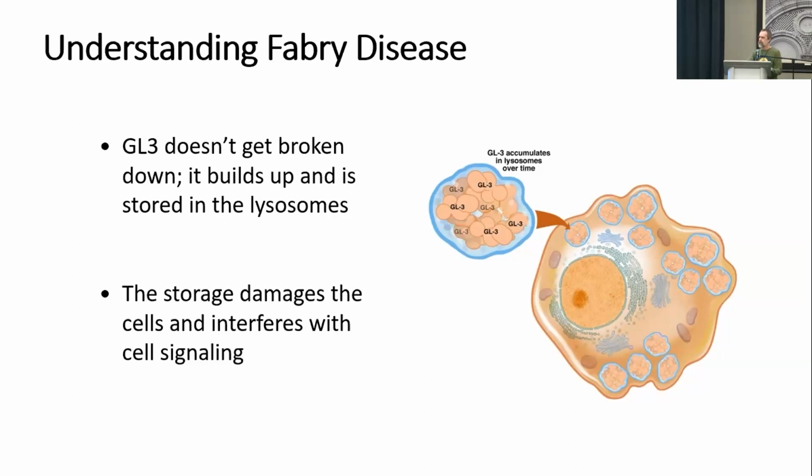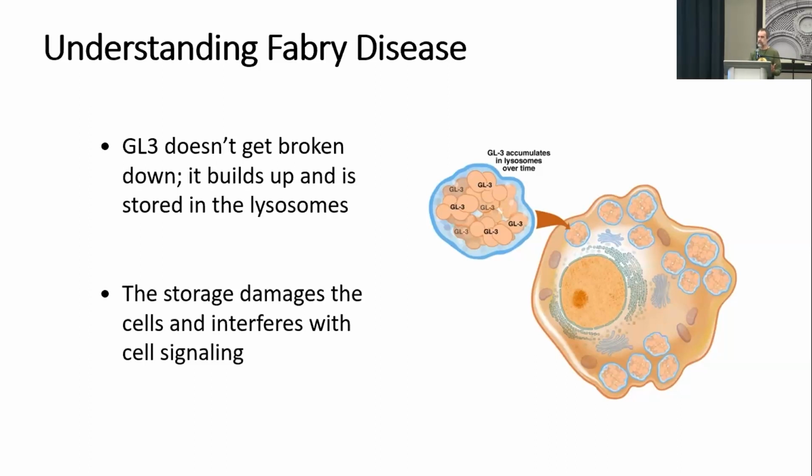So as you know, Fabry disease is a storage disease. It's caused by a deficiency in an enzyme that leads to buildup of a complex molecule that we'll call GL3 because it's unpronounceable. And that builds up in the cell, and it damages the cell in a couple of ways. One is it just changes the shape and the structure of the cell in ways that can interfere with their function. And the second way is the chemicals that build up irritate the cell, and so it sends out signals of distress, and that leads to inflammation and other changes.